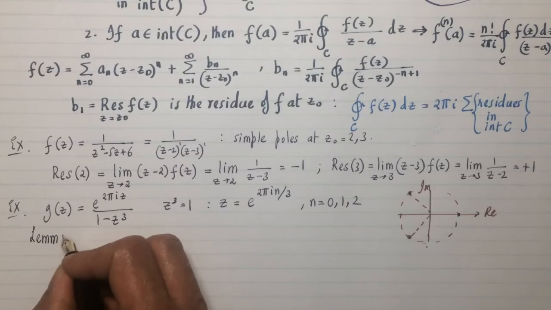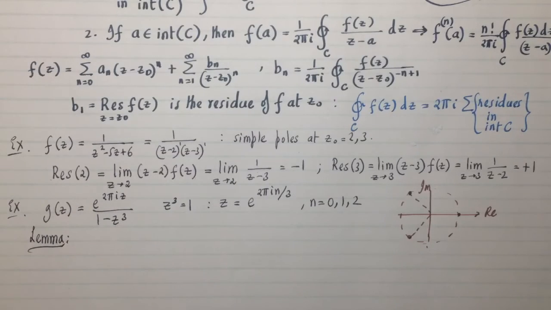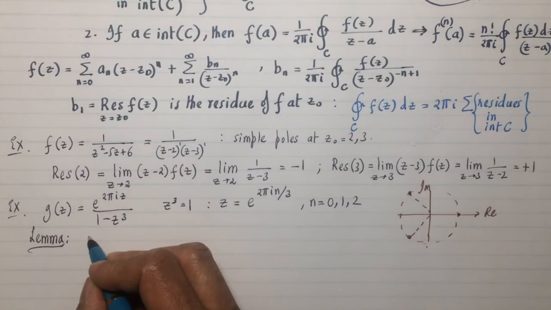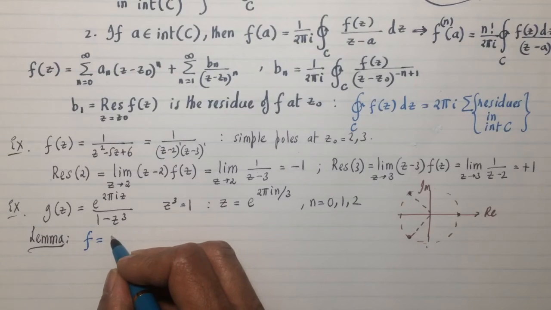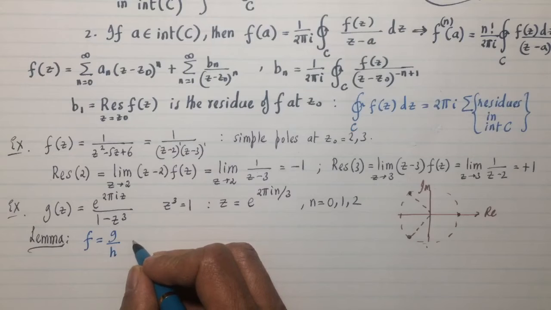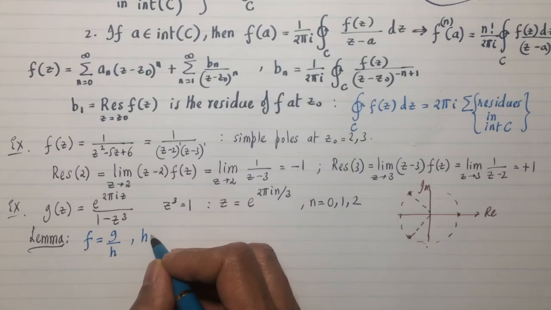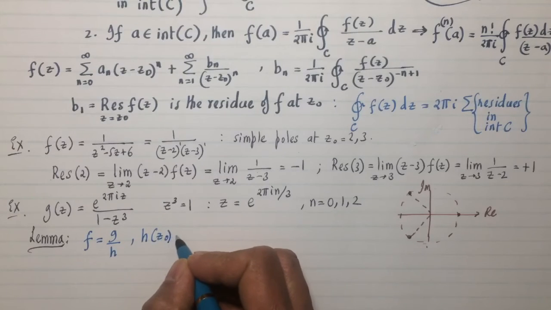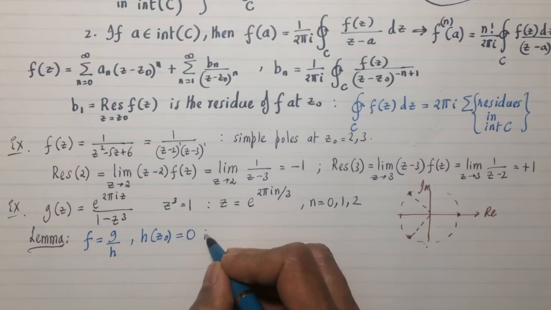Lemma means small result that's easily proved, and I urge you to try to prove it. If you have a function f that's equal to g over h, and let's say h of z naught equal to 0 is a simple pole,